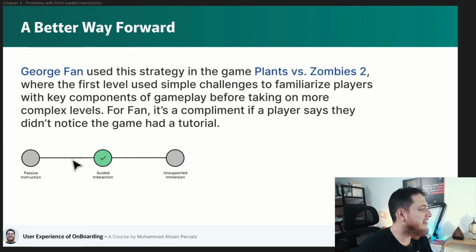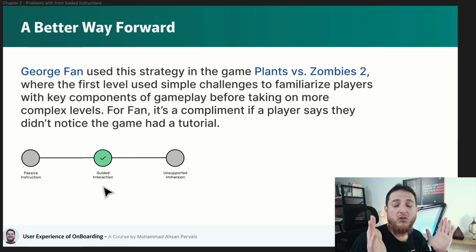So you can see the figure below, with passive instructions and unsupported immersion. We have to be in the middle. We have to develop a guided interaction rather than unsupported immersion, which is on one side of the scale. The other side is passive instruction, where you just show some instructions and predict that users are going to follow them, which is not true. Most of the time users are going to skip that. So guided interaction, which is in the middle of both these concepts, is going to work best for